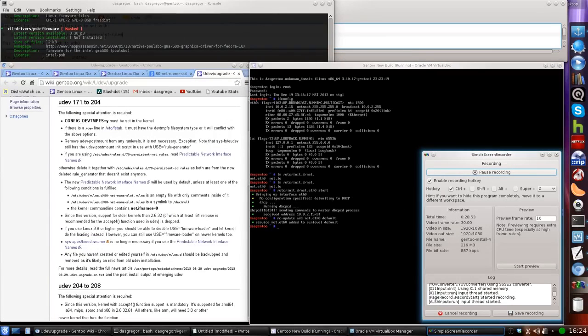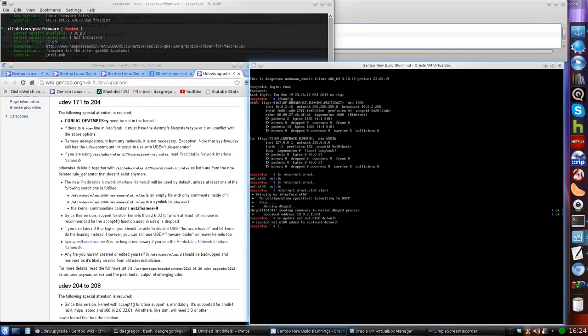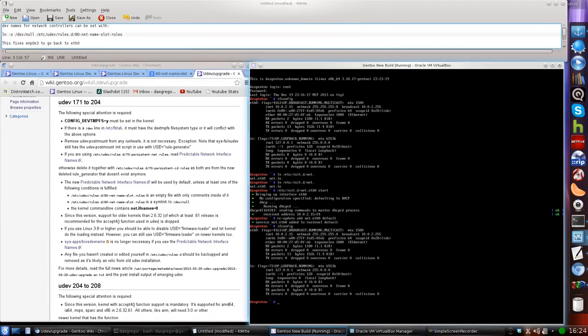Okay guys, it took me a little bit of time. My network was actually running, but what I ran into was that the eth0, if we go into here and do an ifconfig, my eth0 network driver was not showing up, wasn't there, and I'm not sure if something changed in the kernel or if something is the way it is with the genkernel setup. But my little fix where it talks about how right here with udev for the predictable naming interfaces, that it says unless at least one of these conditions is fulfilled, and we did do this. We did put /etc/udev/rules.d/